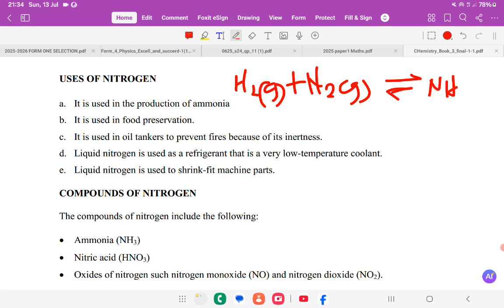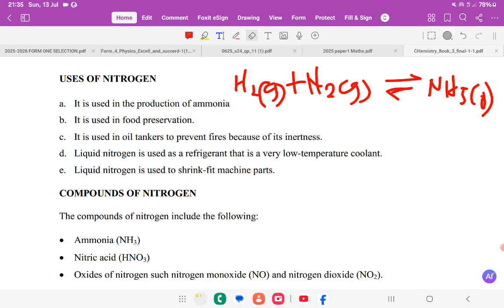Ammonia is NH3, which is also a very useful gas. So one of the uses of nitrogen is to produce ammonia, but also nitrogen is used